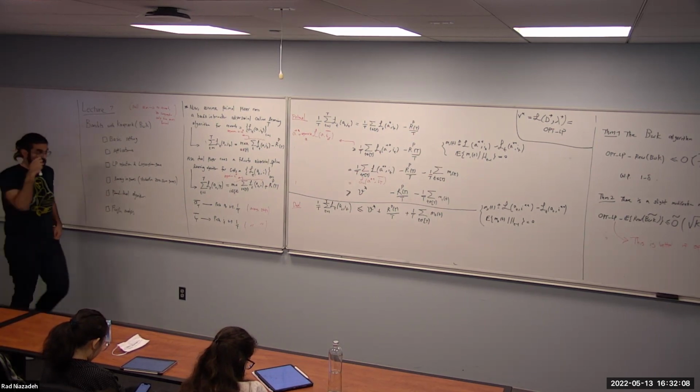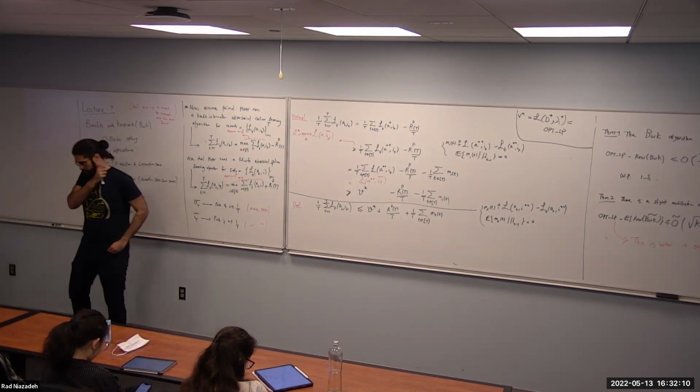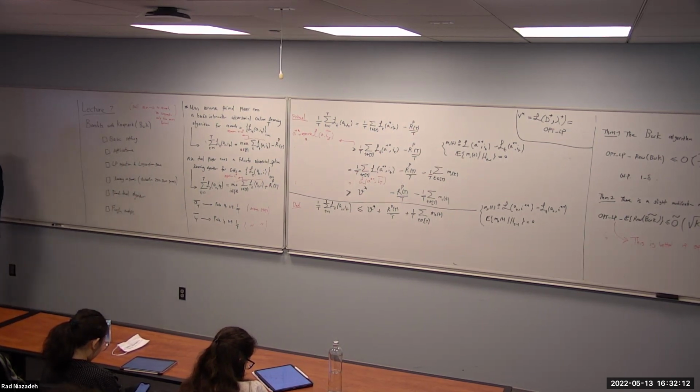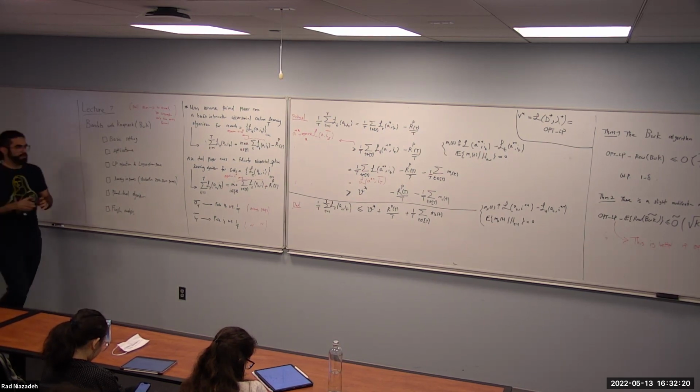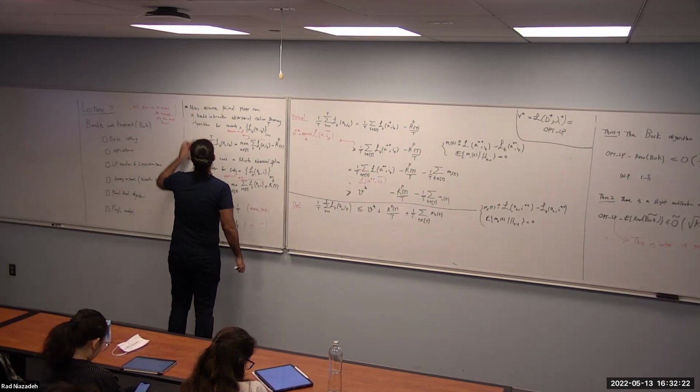Which is, by the way, the star of the show in our next lecture. So we're going to talk about online mirror descent, and how it's going to help with online learning with the adversarial approach. Okay, so let me try to finish the analysis. The rest is just a bunch of concentration inequalities.